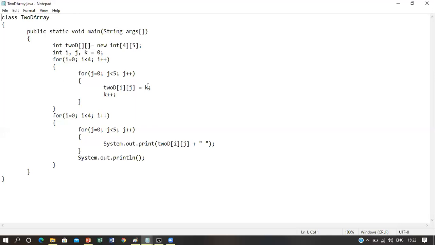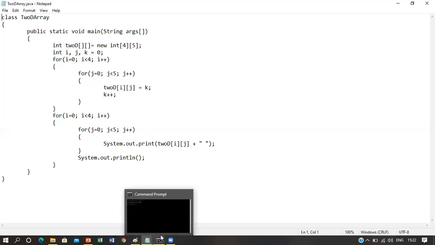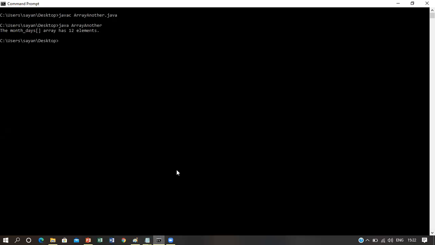So let's execute this program to see how it works. Here you will see that the same two for loops have been used in order to print the values of the array. Let's go to the command prompt to see how this program works.